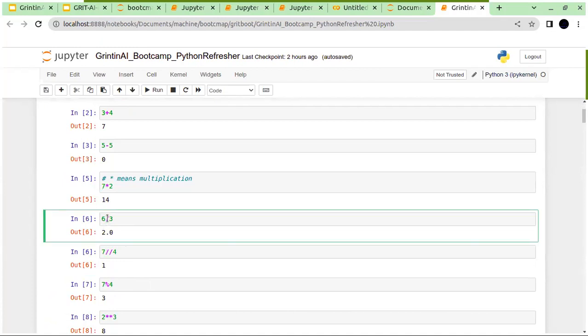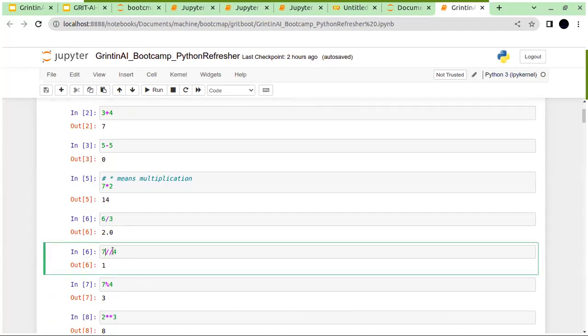All right, this is to divide. Now, this double slash means floor division. Floor division. Okay. Now, somebody will be like, what is not floor division now? Okay, you want to, what is not floor division? See,